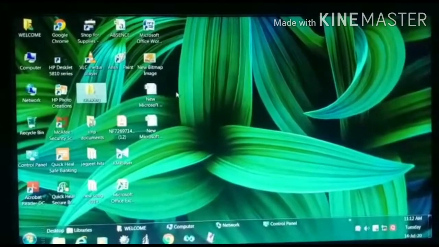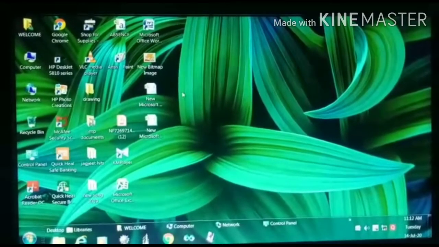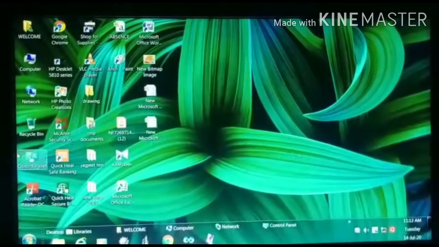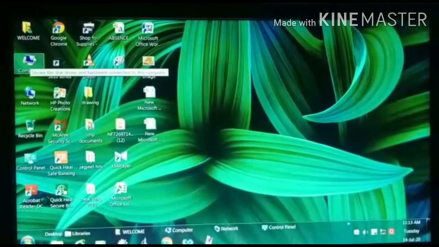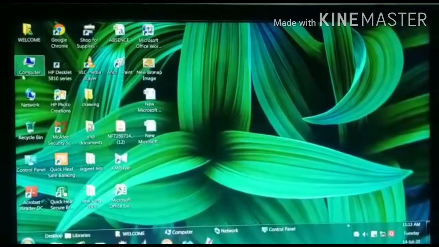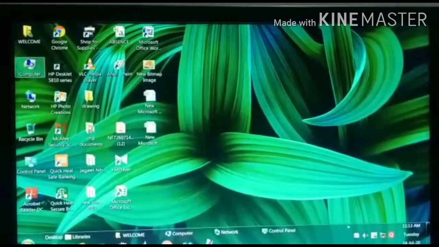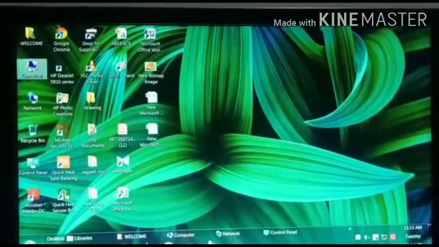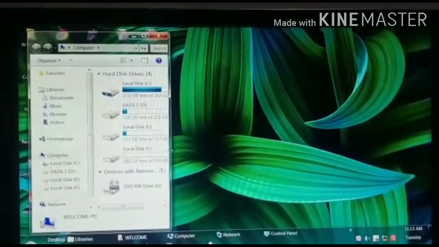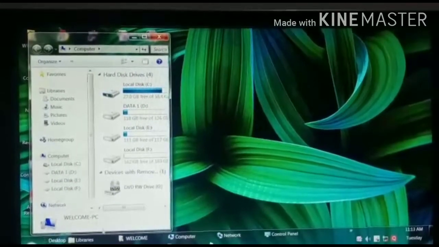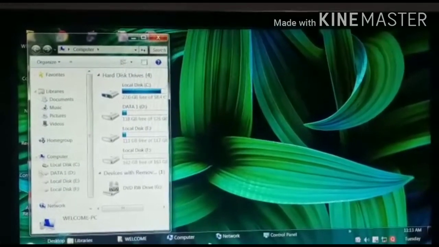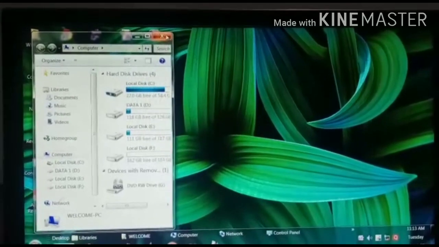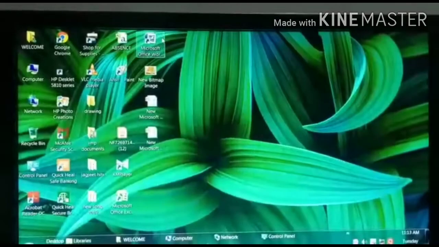Now let's see how to do double click and what happens when we do the double click. For double click, move the pointer on the computer icon. See, this is the computer icon. Now double click on it, left mouse button only. See, it will help us to open the icon or any file or folder. With the help of double click, you can open any file or folder. Understood? It helps us to open any file or folder on the monitor.